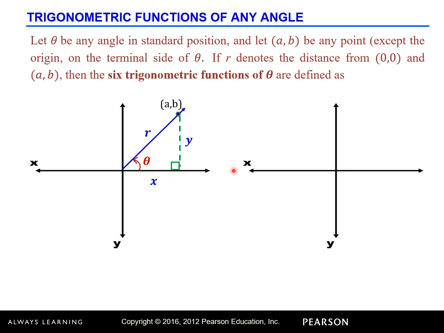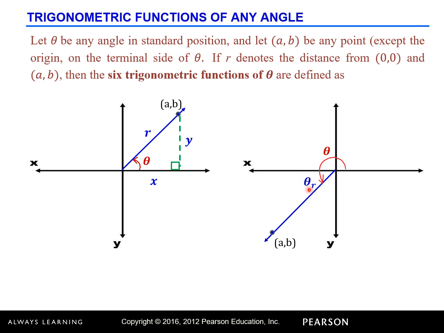But when the angle is in the third quadrant like this, since we know that the angle theta is not acute, we need a reference angle. So the reference angle is on this part, and we have a point (a, b) that lies on the terminal side, and the reference angle is denoted by theta sub r. The reference angle is an acute angle formed by the x-axis and the terminal side. So this is the reference angle.